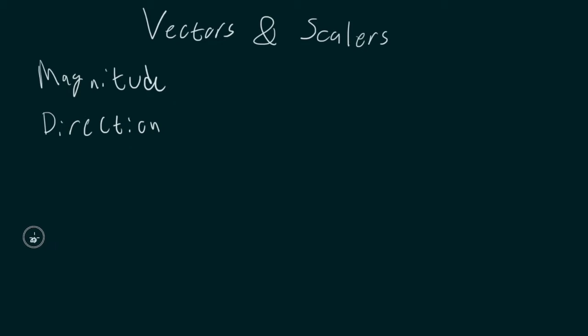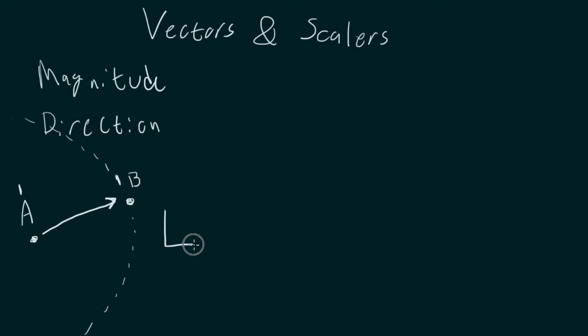Well, if I'm at point A and I want to move to point B, I can't just say, well, go 30 meters, because 30 meters could be anywhere along this radius. I need to go 30 meters that way. So not only do I have a magnitude, that amount of distance that I need to travel, I also have the direction that I need to travel in. I could also have that for a velocity or an acceleration, or if I'm applying a force to something.